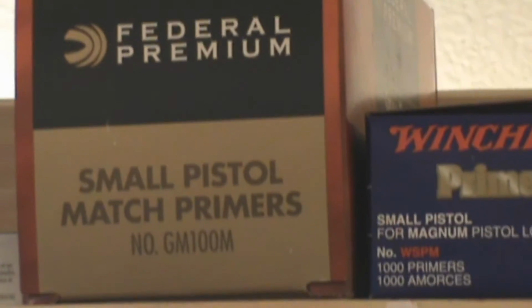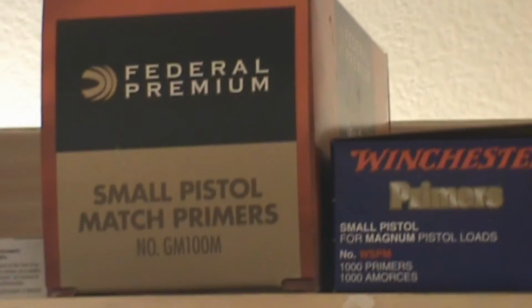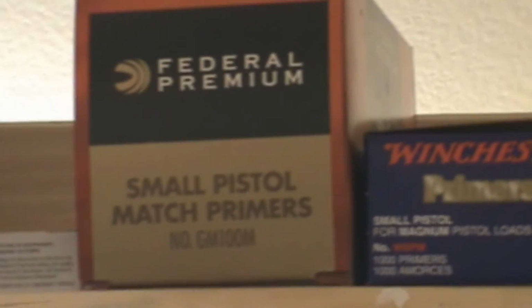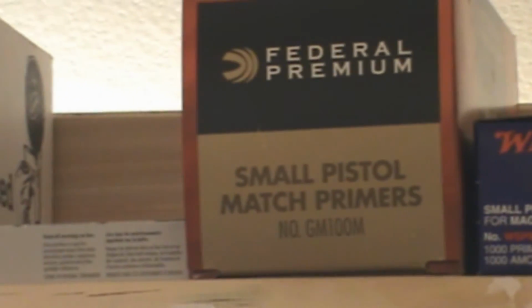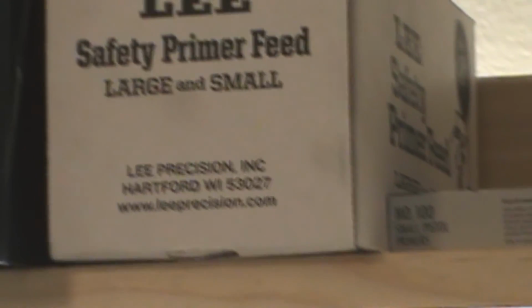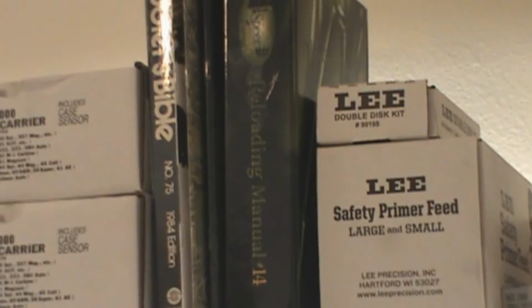On top up here, starting again from my wife's end, the one that I was doing 40s in are generally small pistol primed rounds, and she usually does her 38 Special for cowboy in it. But as far as the semi-automatic stuff, I pretty much do it myself. And some of my extra stuff: load books, and dies for my 44 Magnum,